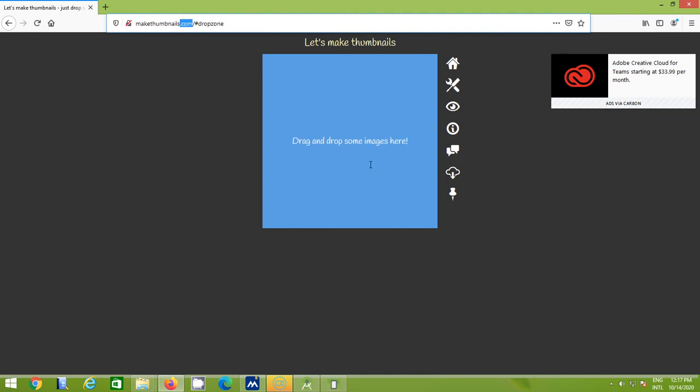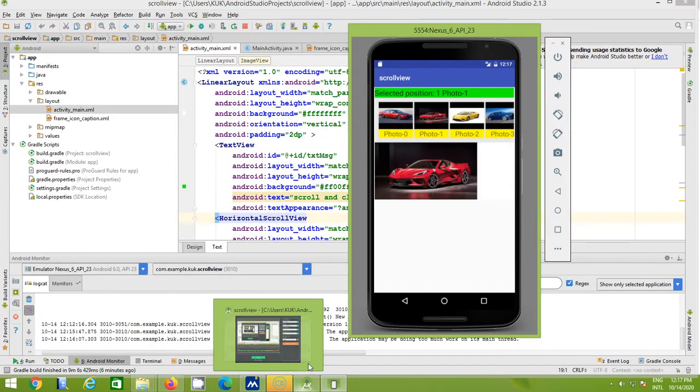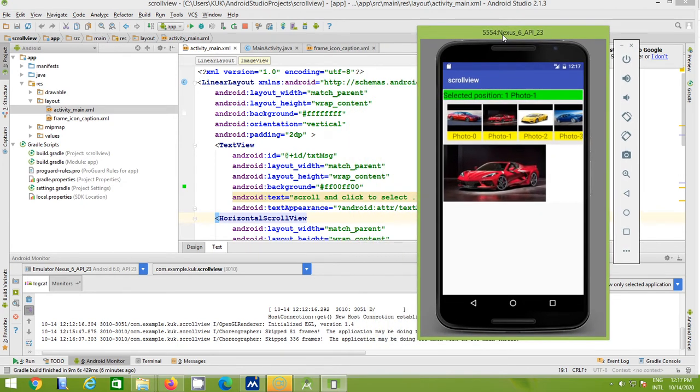You can drag and drop or simply select the images, and it will change your images into icons, or thumbnails, meaning small images. After converting the images, you simply paste all the images in your drawable folder.